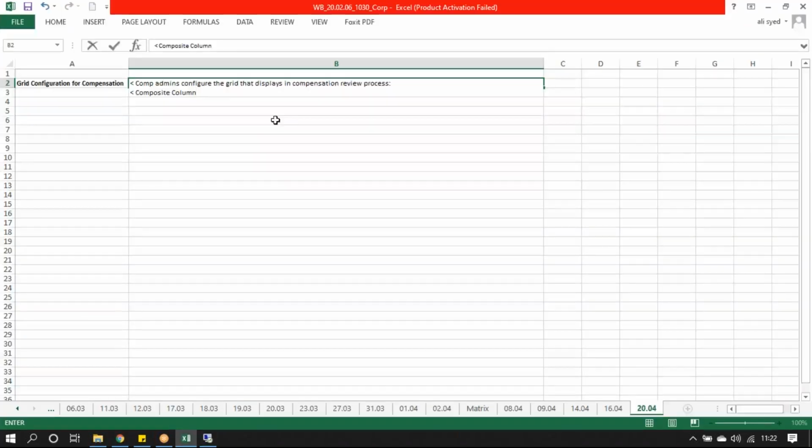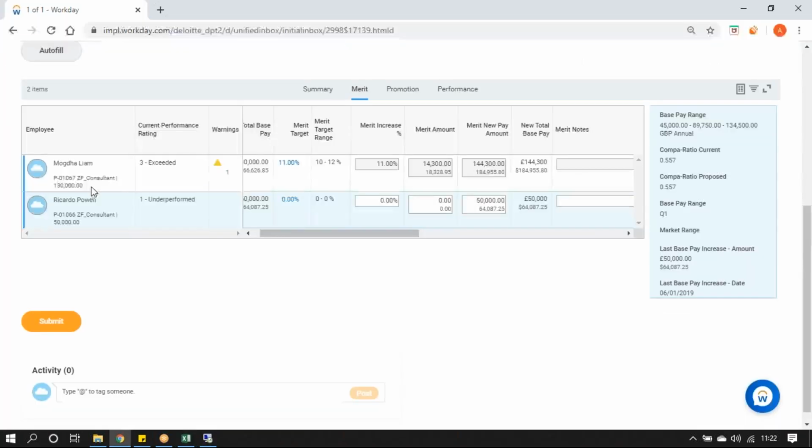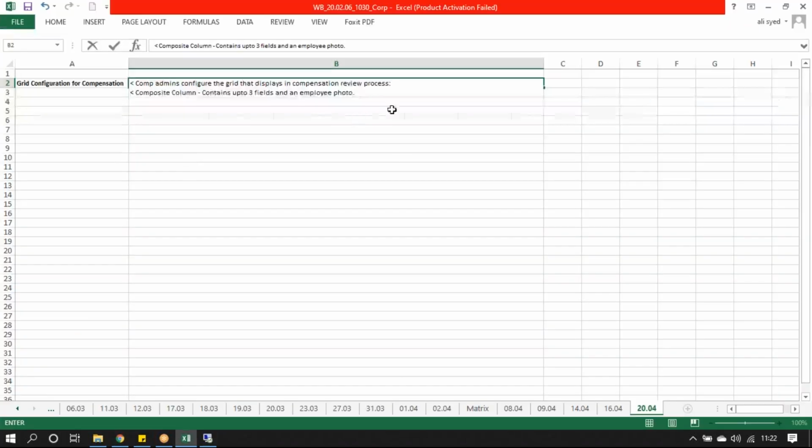Okay, so your composite column, as I mentioned, it contains up to 3 fields and an employee photo, right? So you can display up to 3 fields on your composite column, and I've displayed name and position and the base pay or the maximum base pay and the employee photo, right? And this is always the first column. Okay, what is the next column? The next column are your individual